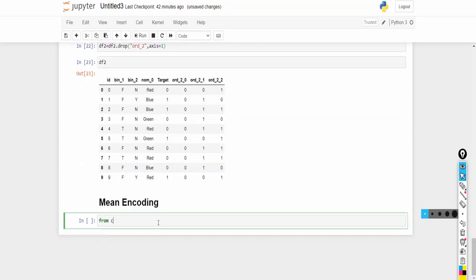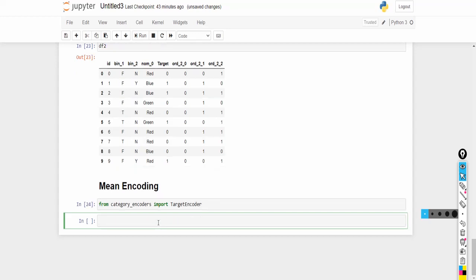So from category_encoders import TargetEncoder. So this TargetEncoder class is used for performing the mean encoding. So let me create the instance.